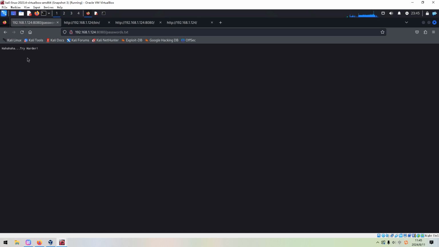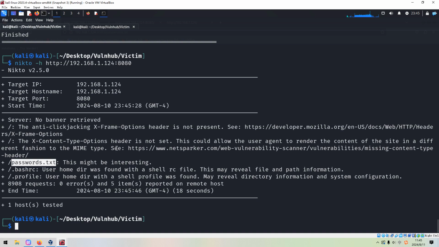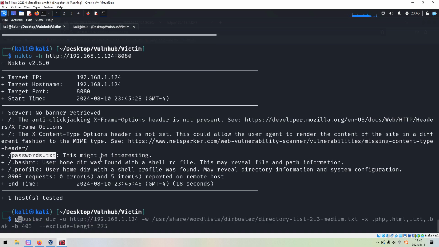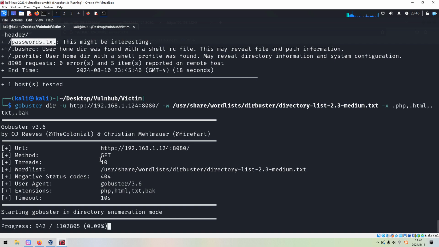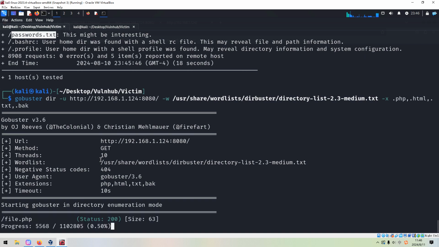There's some sort of rabbit hole. Nothing useful. Okay, rubbish. So next we can launch GoBuster to do the directory enumeration. And of course, we need to put the port number 8080. Press enter. In the meantime, we can take a look at another port number, right?